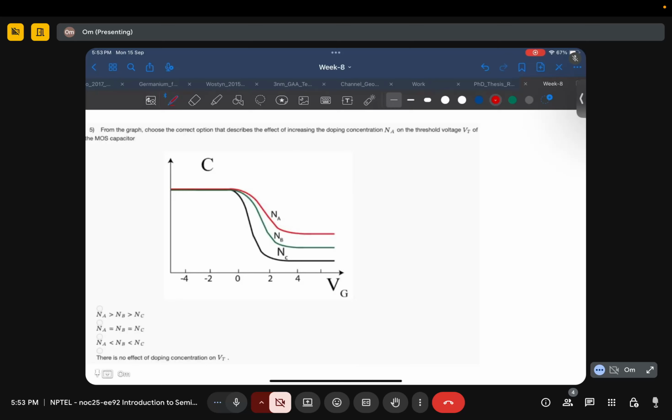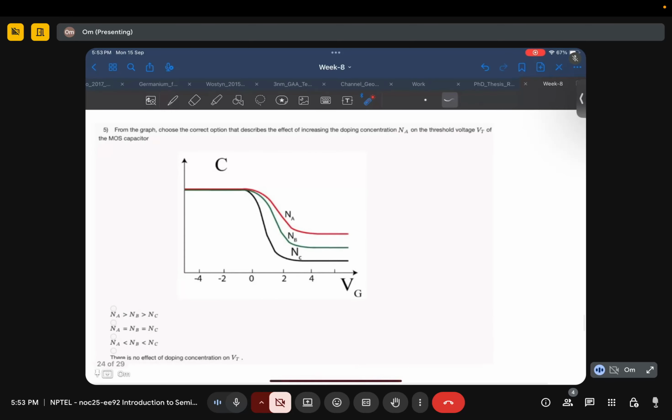So this question asks, from the graph, choose the correct option that describes the effect of increasing doping concentration Na on the threshold voltage Vt of the MOS capacitor. So this was explained well in the video lectures, so I hope you have watched them. So what happens when you increase Na